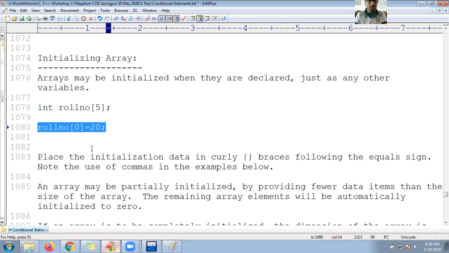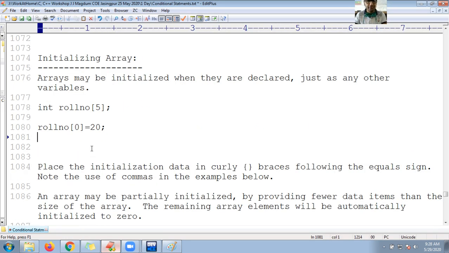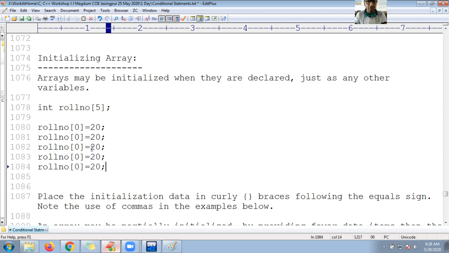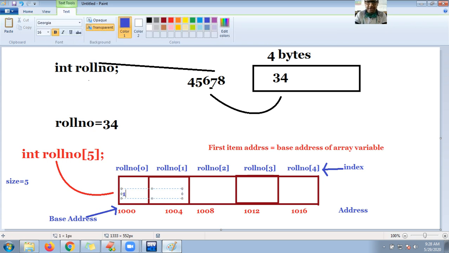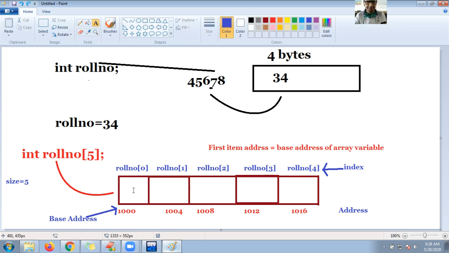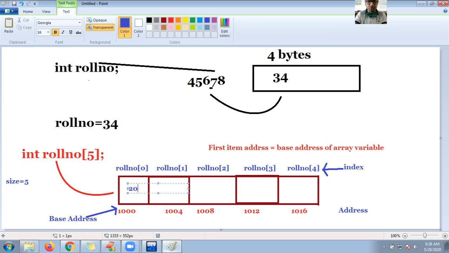First let me initialize here only. Okay, Control C, Control V, Control V. Okay guys, so this is index 1, this is index 2, this is index 3, this is index 4. So here I'm initializing with 30, here 40, here 50, here 60, right? So if you look at this diagram, this memory location will be filled by the value I mentioned, guys, 20. If you look at the example, the value is 20.